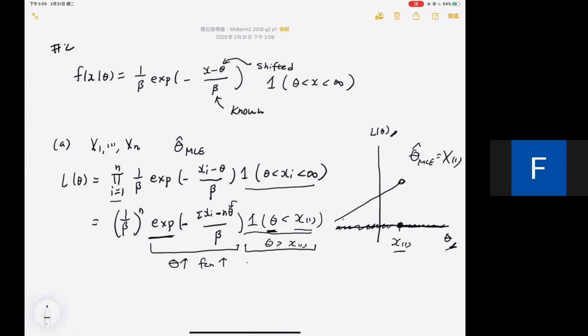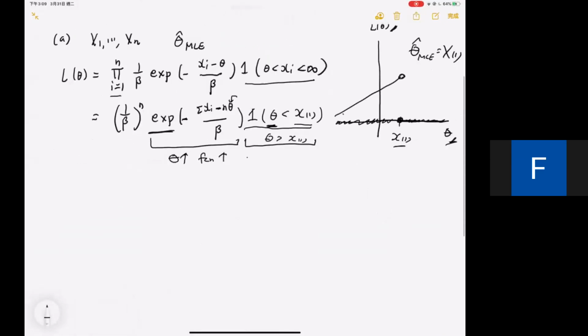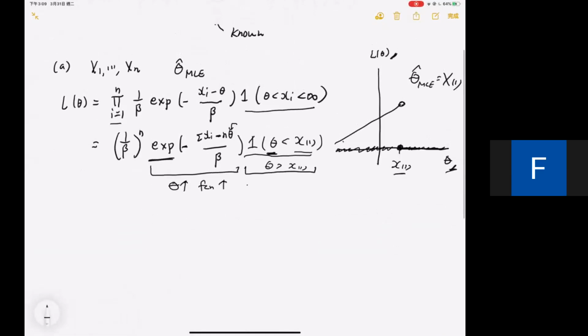How about B? Okay, even B is complicated, but sorry, since you guys are working at home, you have a whole day to work on this. So first of all, the null hypothesis: theta smaller than theta 0, versus the alternative hypothesis: theta bigger than theta 0. I'm asking for the LRT,